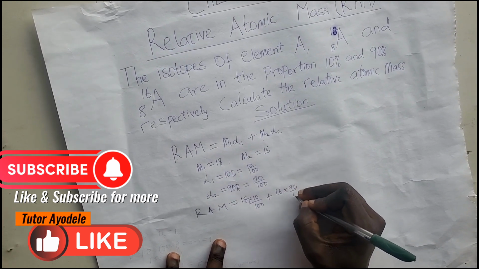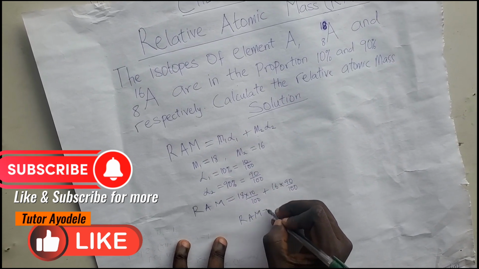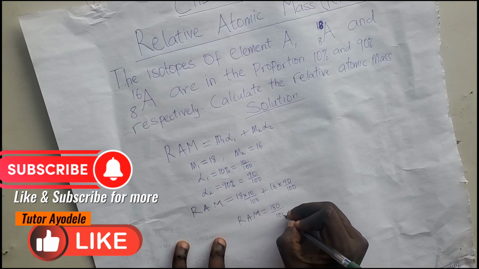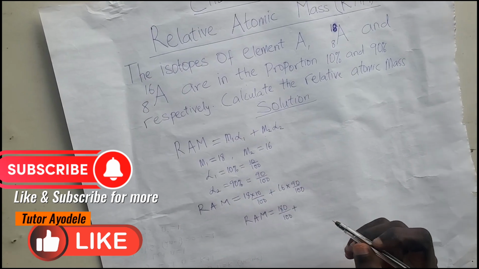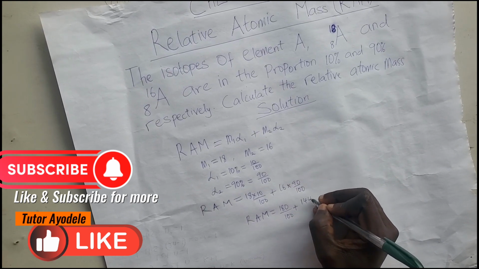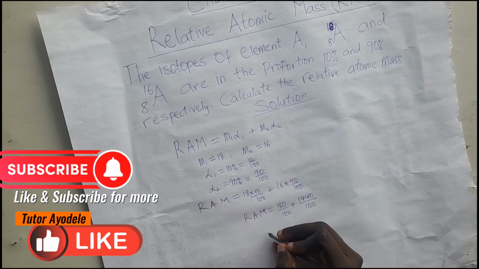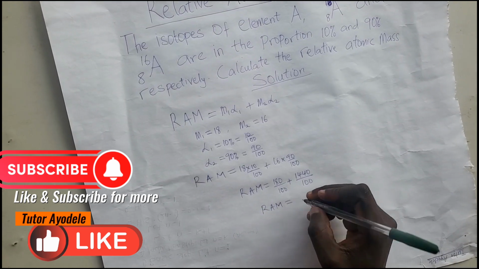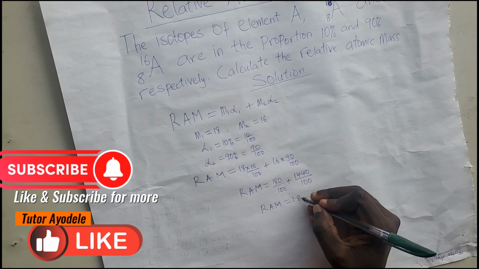Okay, so relative atomic mass equals 18 times 10, which gives us 180 all over 100, plus 16 times 90, which gives us 1440 all over 100. So our relative atomic mass equals 180 divided by 100, which gives us 1.80,